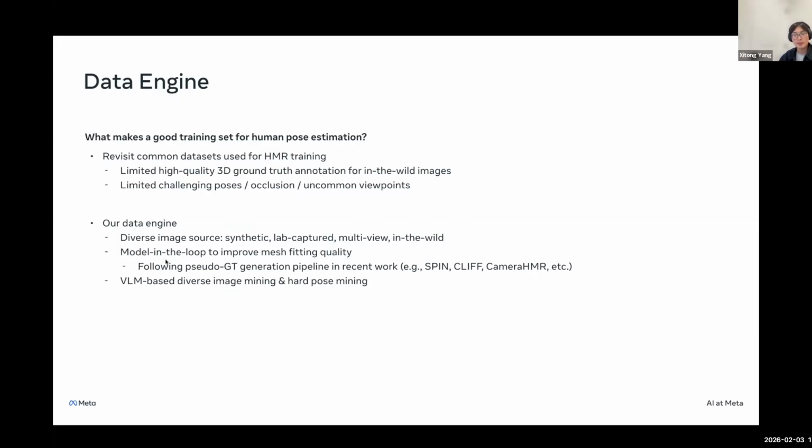We also have a mesh fitting pipeline that is model-in-the-loop, meaning that we use the latest model to help us get better mesh fitting quality. I will go into details later. And we also have an image mining and pose mining pipeline, where we use a vision language model to help us find the most interesting images and poses to annotate.